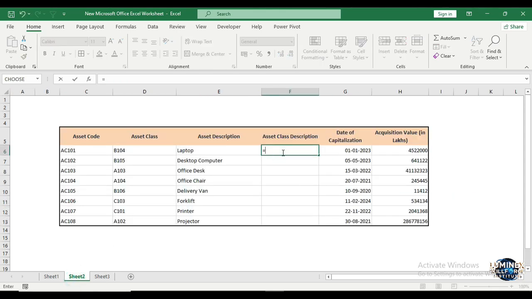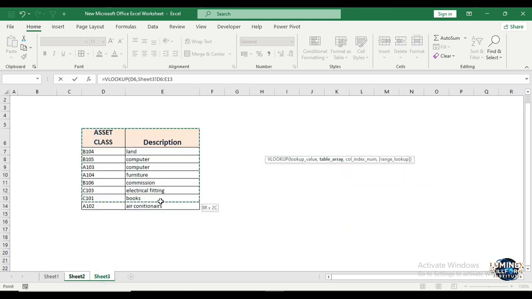First, type in the formula equals VLOOKUP in the cell F6 of the second sheet. Then, select the asset class in cell D6 as your lookup value. Next, for the table array, where Excel will search for the data, head over to the third sheet and select